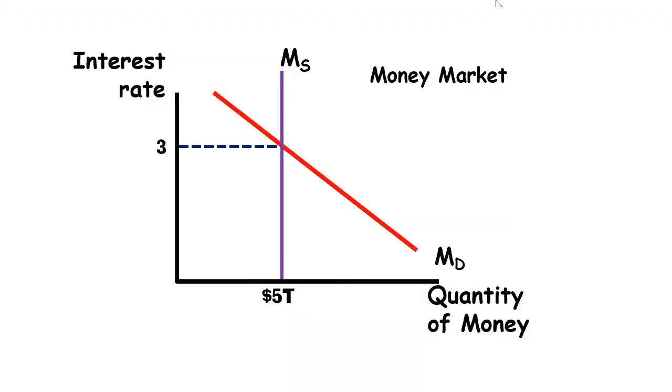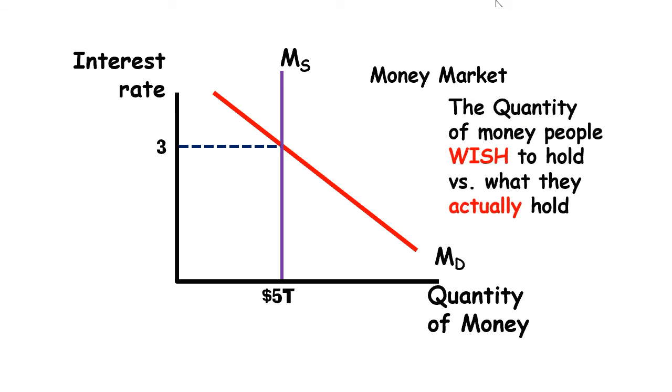And if we put those on a graph together, we're going to see that there's one interest rate, right? It's the cool thing about all these markets, they're really kind of the same underneath. Your engine in your Ferrari is kind of the same as the engine in your Corolla. They're all kind of the same underneath. At 3% interest on this graph, the amount of money that people want to have is equal to the amount of money that they do have. And that's the only interest rate for which that is true. It's the only interest rate where the quantity of money that people wish to have is equal to the quantity of money that they actually have. Okay? So we have the money supply, we have this one thing.